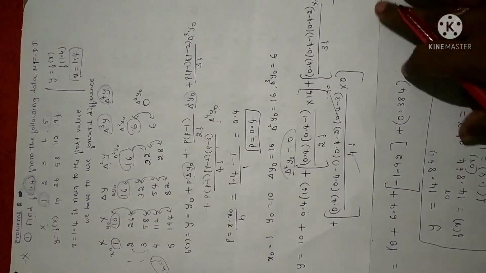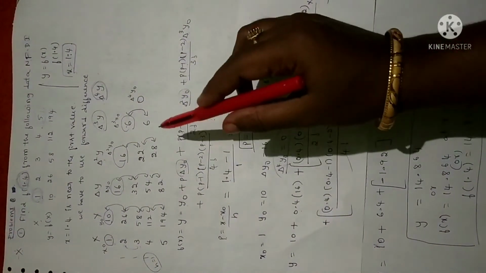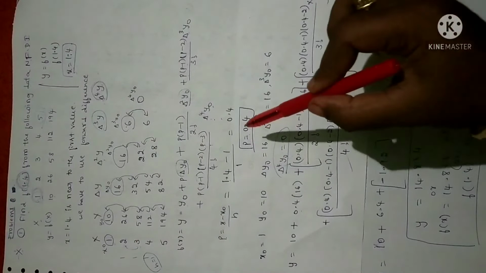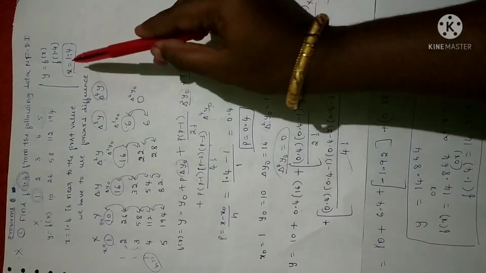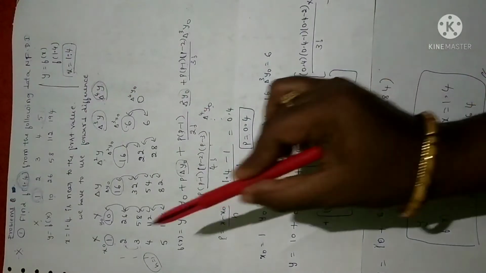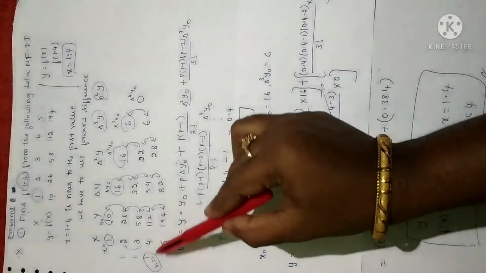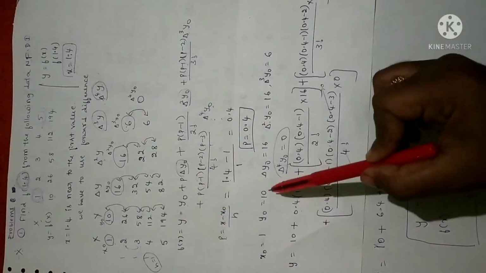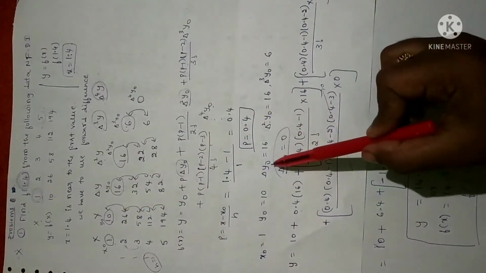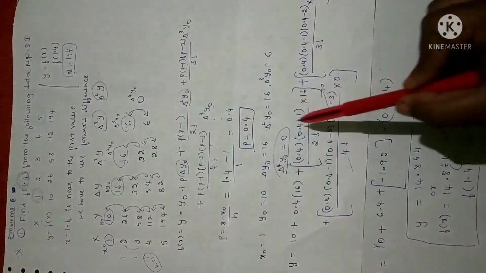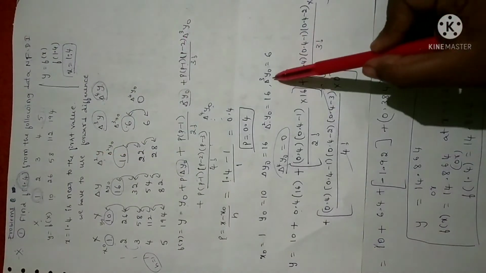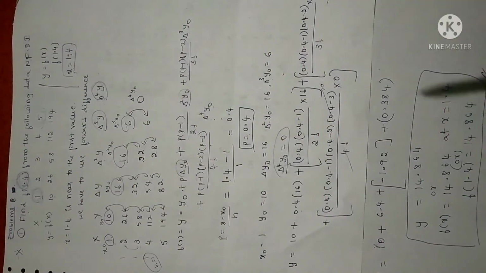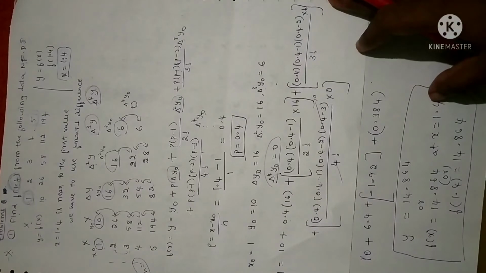Fine. So I'll just give you a glance. First you have to calculate the forward difference table and write down the Newton forward difference interpolation formula. Next, calculate the value of p. As I told you, x is the unknown value that we have to calculate, and x naught is the first value of x. So h is the common difference. Once you have calculated the p value, take all the first values of the respective columns. That is, y naught is the first value of the y column, delta y naught is the first value of the delta y column, delta square y naught is the first value of the delta square column, and delta cube y naught is the first value of the delta cube column. After that, you have to substitute everything in the formula and simplify. Hope it is clear, right?